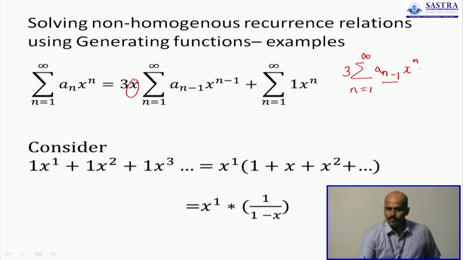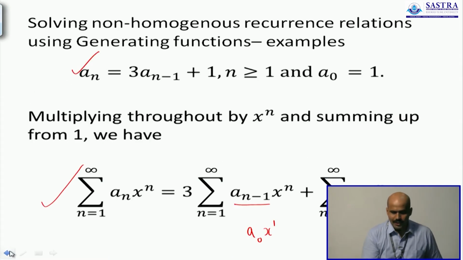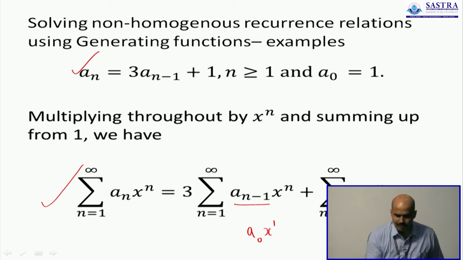Now to adjust the difference between the subscript index and the superscript index, we will factor out 1 power of x. That is done to have uniformity between the subscript and the superscript. I will start with a0 x power 0, because that's how g of x is actually defined. The index of the subscript and the index of the superscript are supposed to be together. To bring about that difference, I'll fish out an x from this summation.